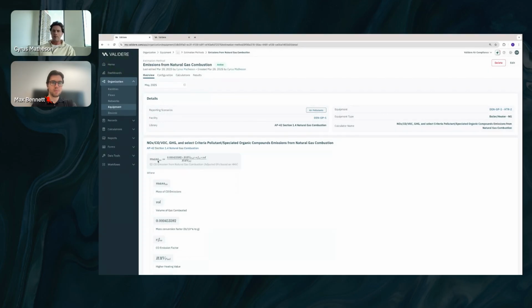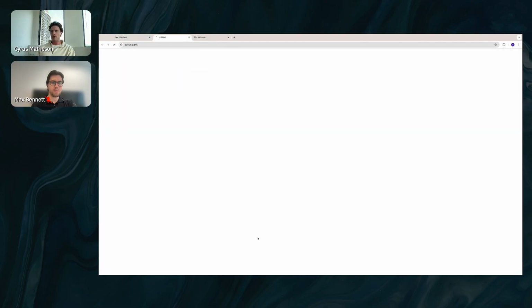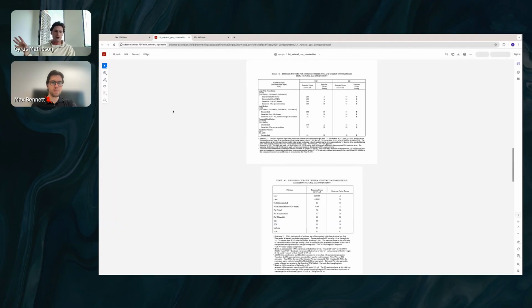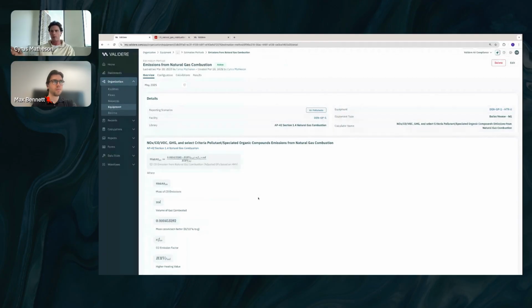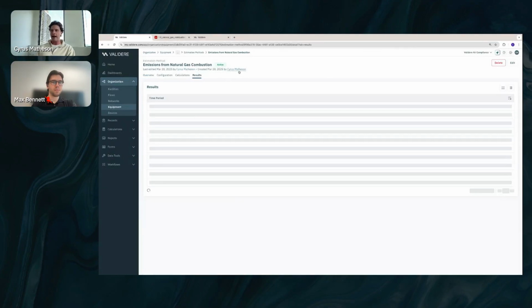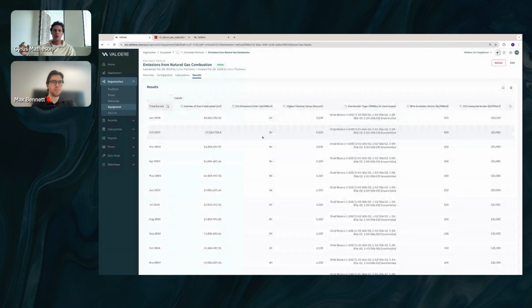If I want, I can actually get a reference back to the specific calculation methodology document that calculation is being sourced from. So again, this is AP42. I can see the equations that are being used. But most importantly, if I click into the results tab, I can actually get a breakdown of all of the inputs and all of the outputs associated with each individual period where this calculation has been run on this given